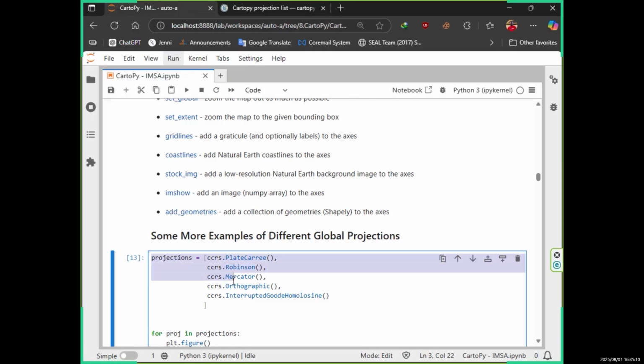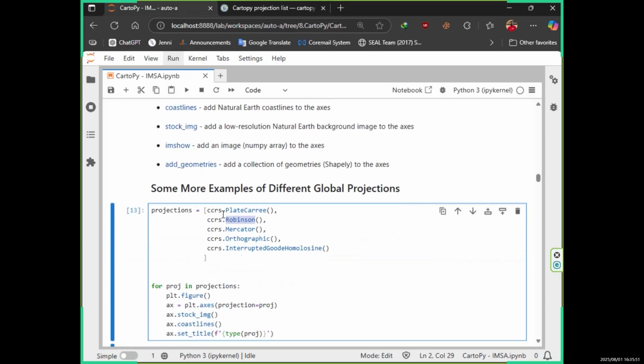So what am I doing in here? If you understand the command, you know the starting point and ending point. Here I am creating a list. In my list, what am I passing? I am passing different projection systems. For projection system one, I am passing what we call the cylindrical projection system. And then for the second projection system, I am passing Robinson. And for the third projection system, I am passing Mercator and then orthographic and interrupted